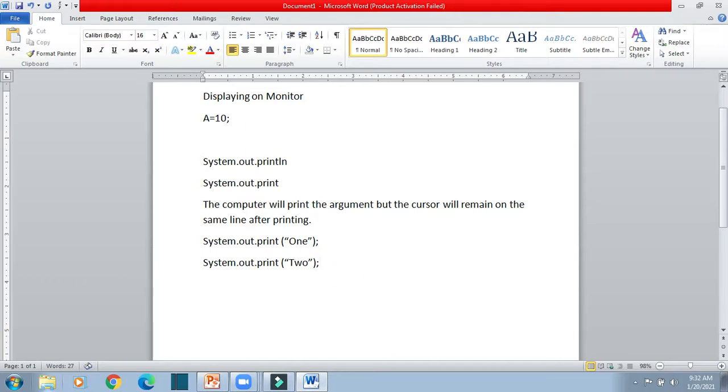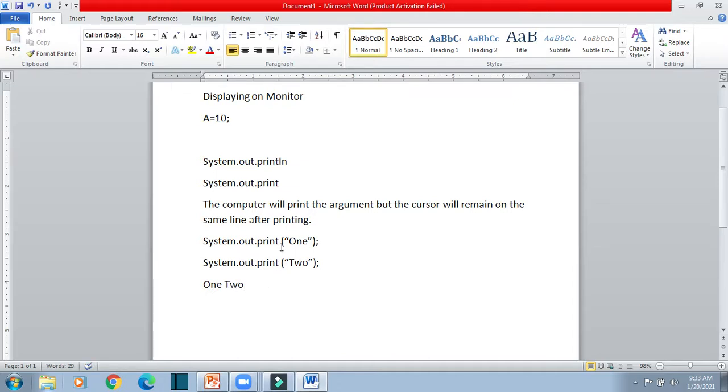First the computer will execute System.out.print 1, so it will print 1. After printing 1, the cursor will remain on the same line. It will not change the line. Then it will use System.out.print 2, so it will then print 2. It will not go to the next line.